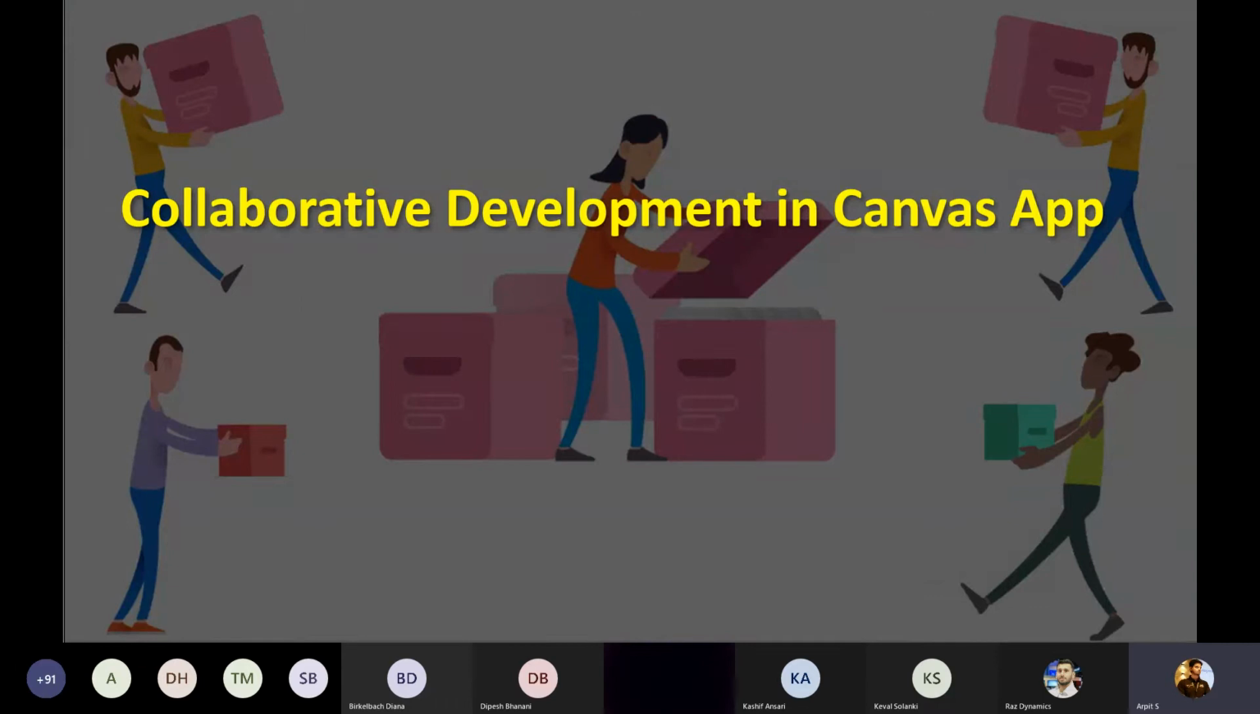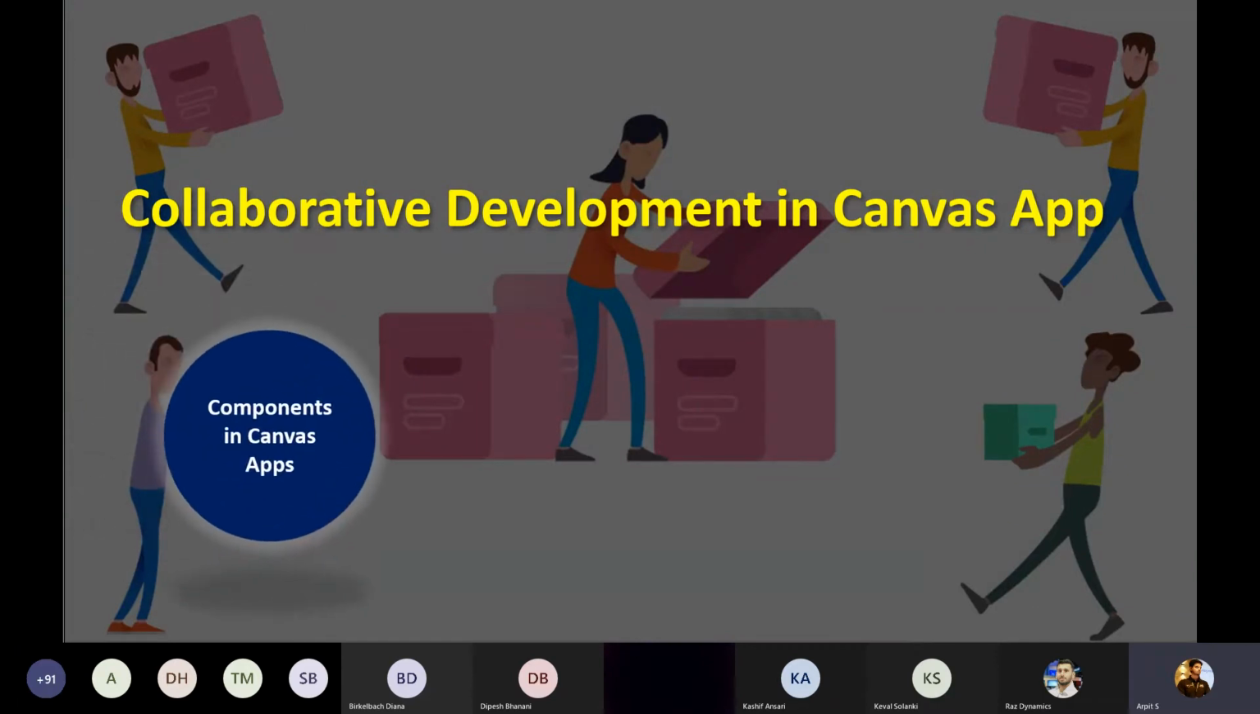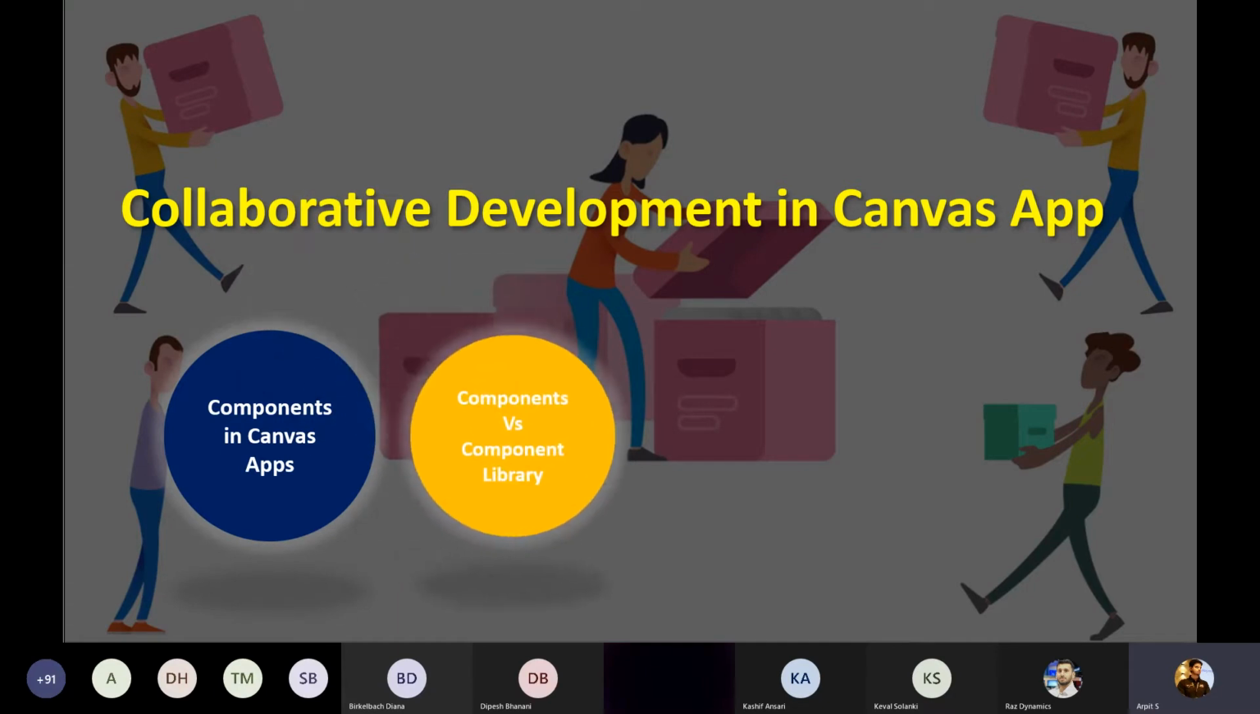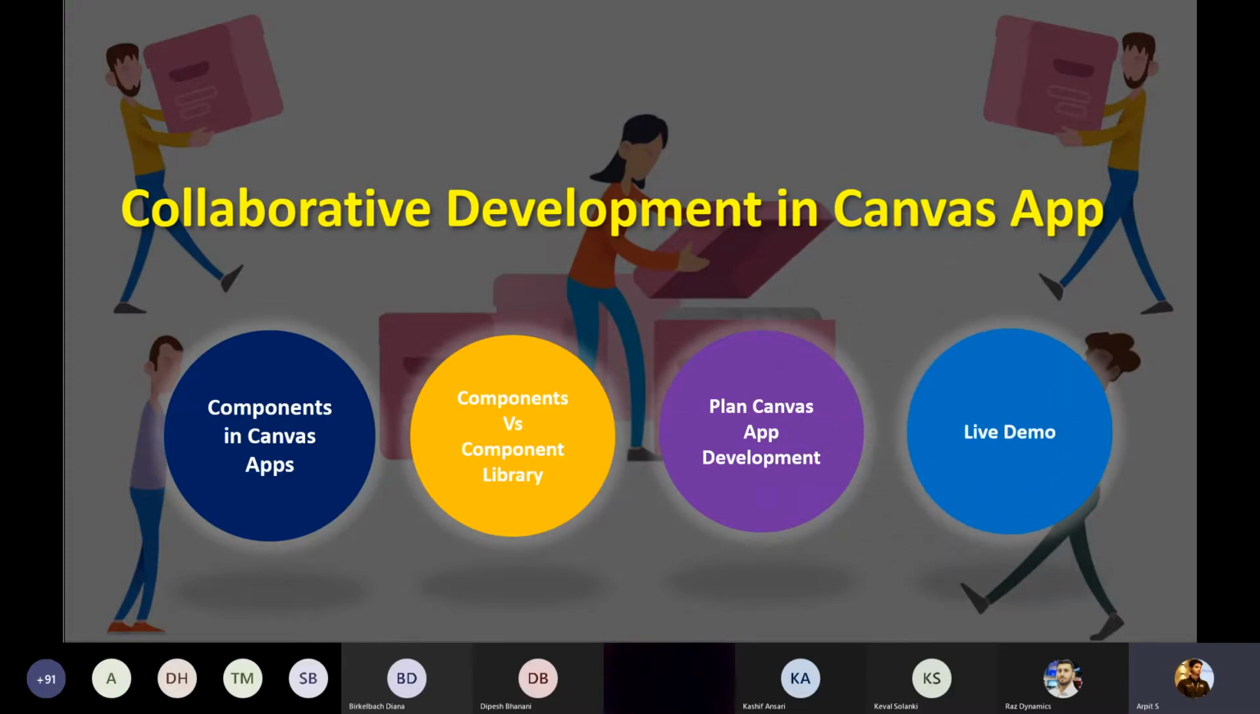So let's begin with today's agenda. Today I'm going to discuss collaborative development in the Canvas app. During this session, I'll discuss the components in the Canvas app: what are components, and what is the component library in Power Apps. Then we'll discuss the difference between components and the component library. We will discuss how to plan Canvas app development. We already discussed some best practices related to the Canvas app in the last session. Now we have to discuss how we can plan our Canvas app development. And surely we will have a demo of how we can use the component and how we can